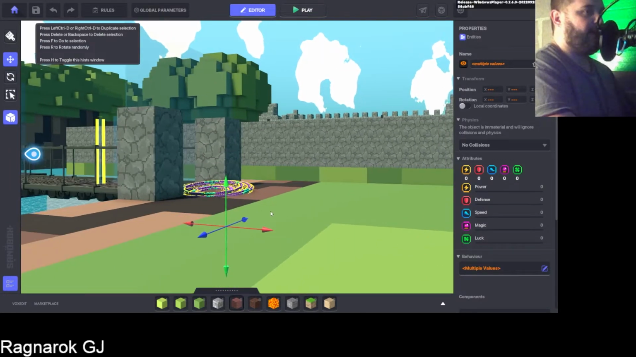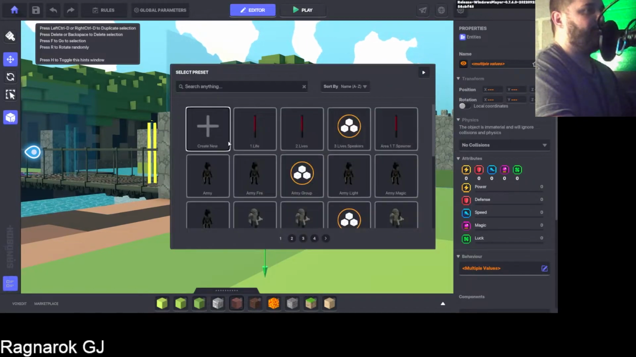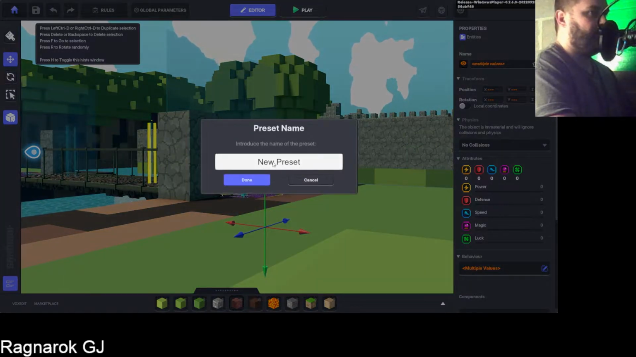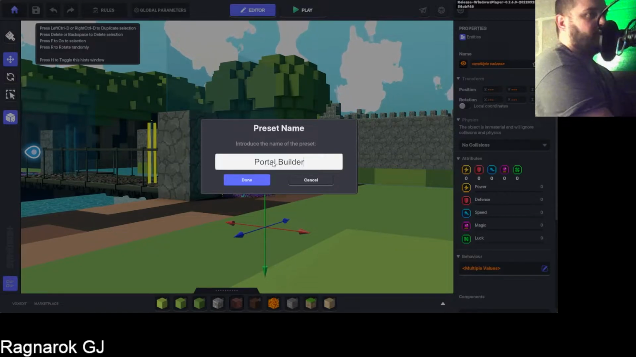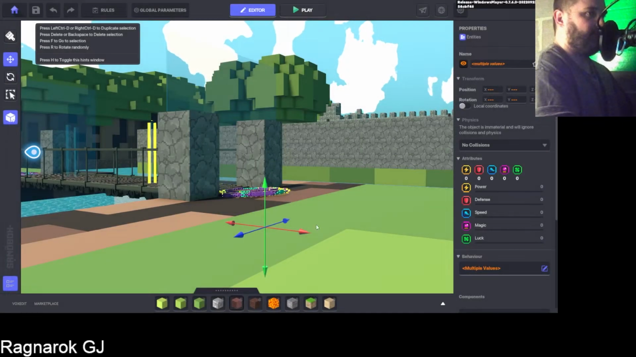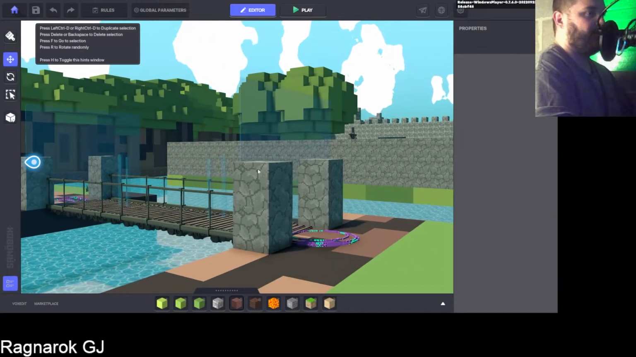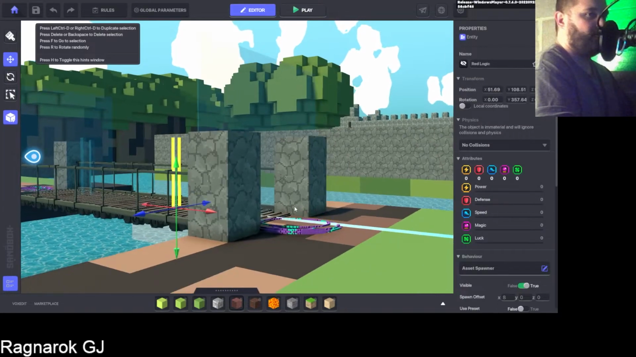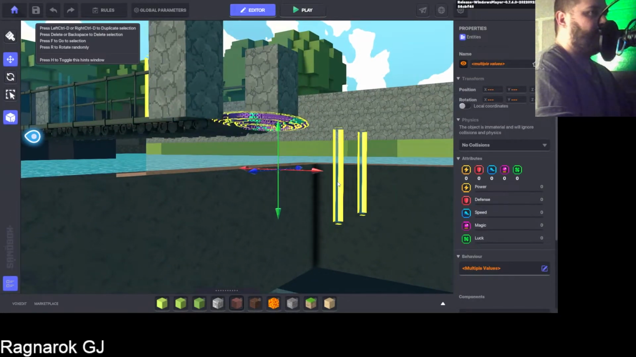So if I have these selected, because I need to use this constantly, I'm just going to save this as a preset, create a new one, and call it something like the portal builder. Done. Okay. I do that for a couple reasons. The first reason is there's a kind of a goofy bug going on right now that if you duplicate things,